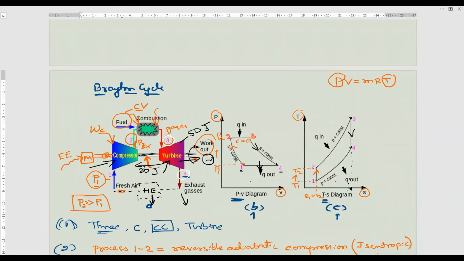Otherwise, what we need to do is separately run the compressor and separately run the turbine. So instead of wasting energy, instead of supplying external or extra heat, extra work, extra mechanical energy, what we do is we are supplying from